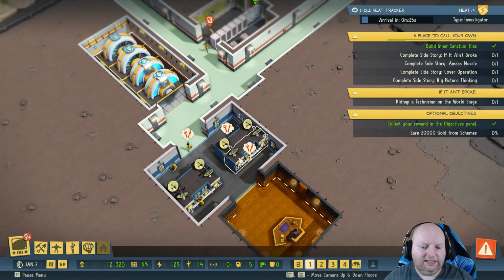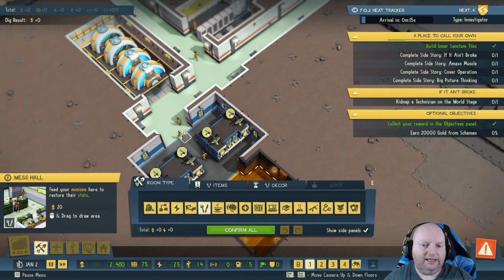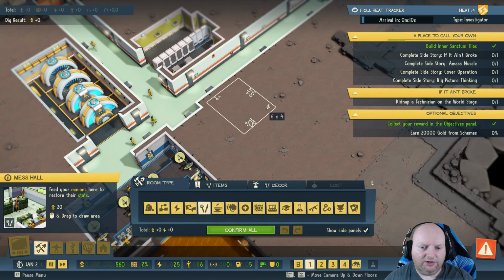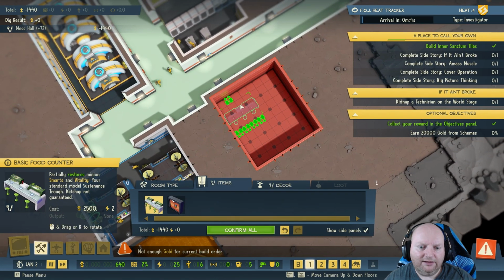I'm going to want a building up and running here to deal with this lot. So I want a canteen. Mess halls. They provide people with a way to replenish their health if they get injured. So I just want a small mess hall. But I'm going to make it big so I can see how big the buildings are going to be. This construction. I know. And we'll get it. Don't worry. Put it there,